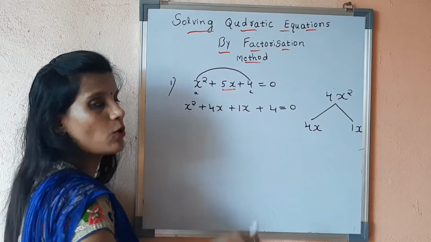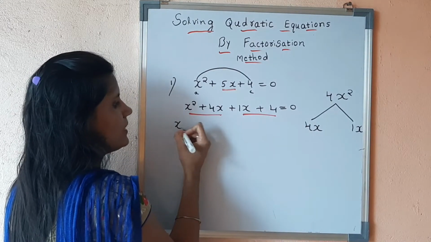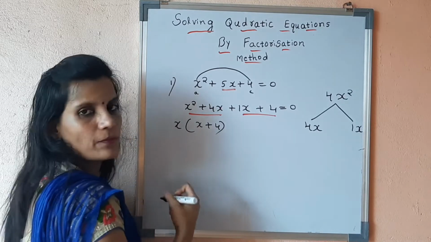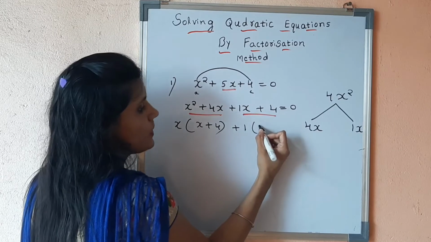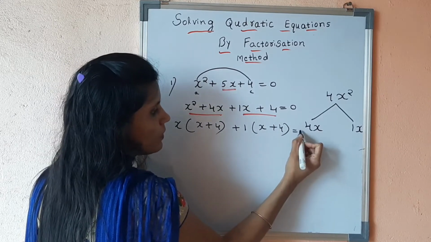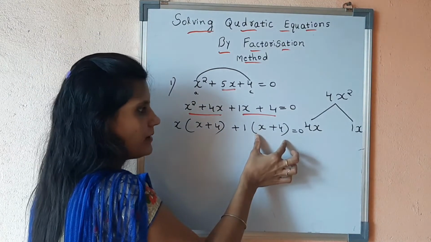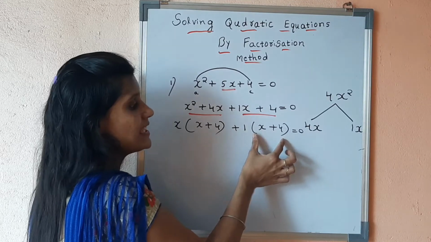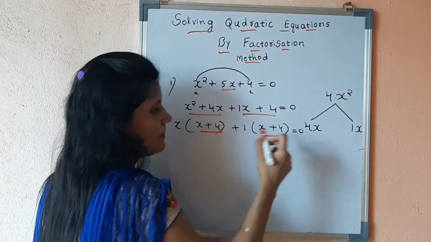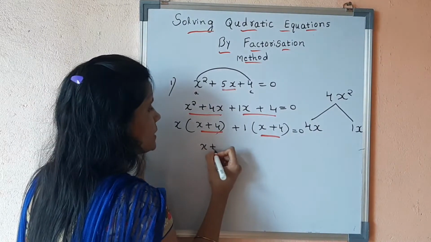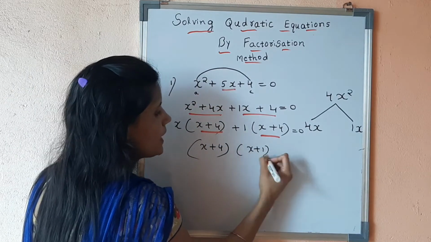Now you have to take out the common things from this and this. Here what can I take common? x I will take common, it will remain x plus 4. Here I can take 1 common because there is no common multiple. So x plus 4 equal to 0. Always keep it in mind, the binomials which you are getting inside the brackets, in both the brackets it should be the same. These are the same. So I can take only one time, that is x plus 4, and the remaining x plus 1 equal to 0.